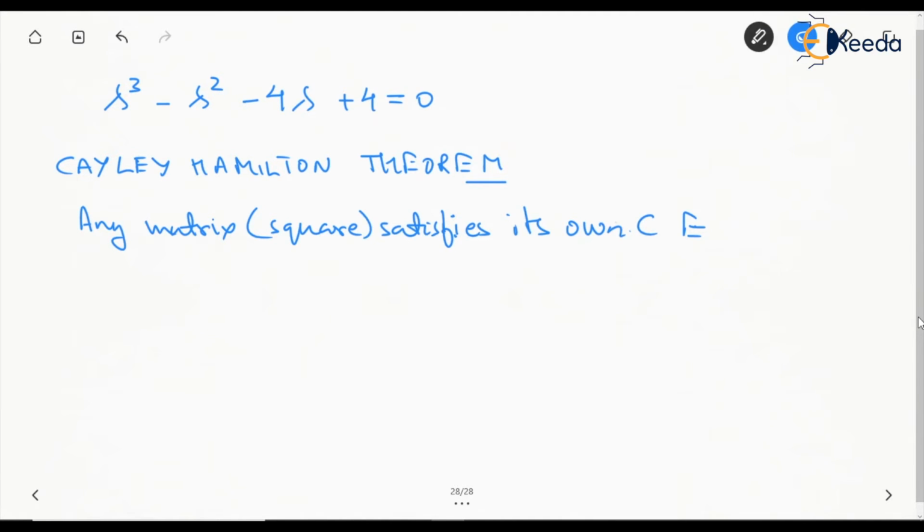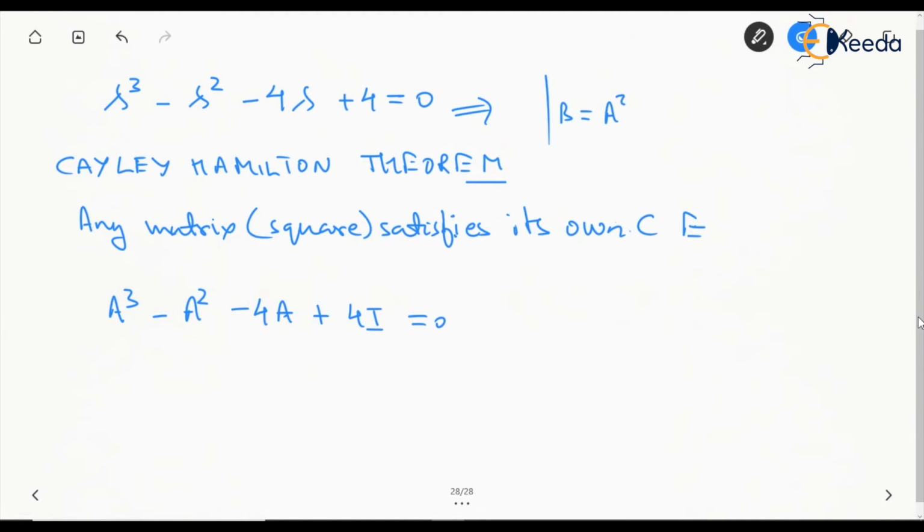That means for this equation we can write it as A cube minus A square minus 4A plus 4I equal to 0. And what we are looking for is, B is given as